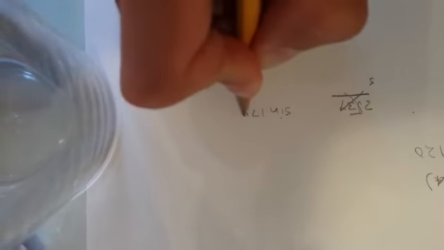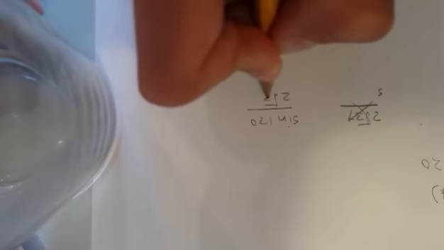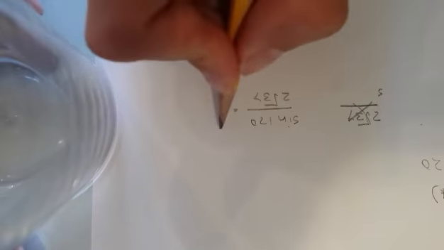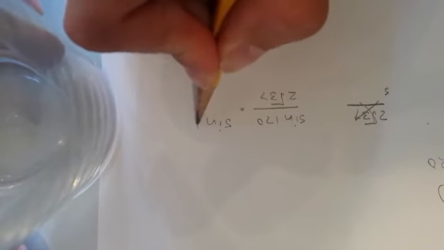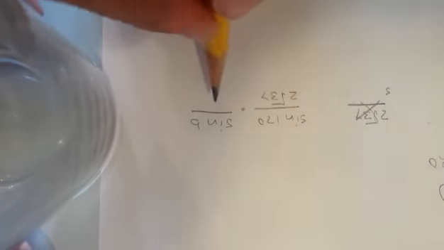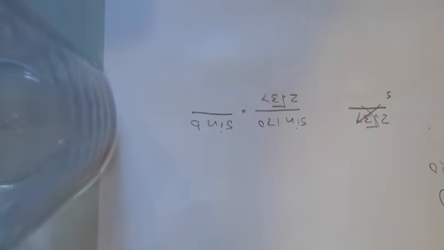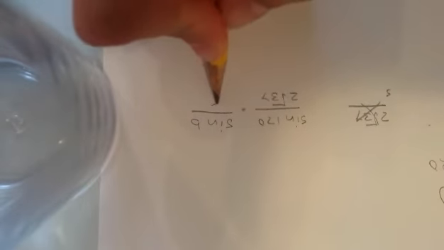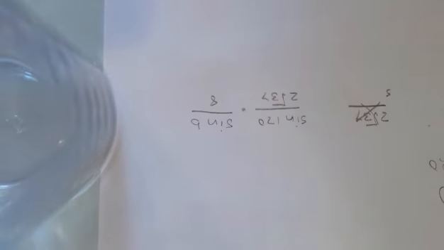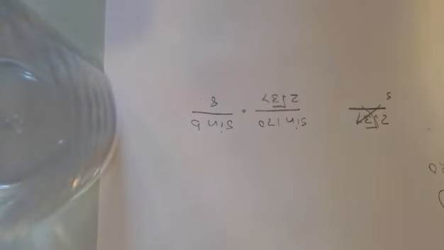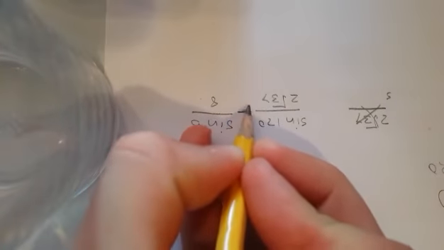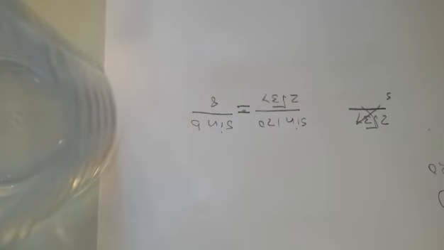Sine of 120 over 2 root 37 equals sine of B, the angle you're trying to solve for, over the opposite side, which is 8. So you plug that into your calculator. Sine of 120 is 0.5806, and then divided by 2 root 37, which you get